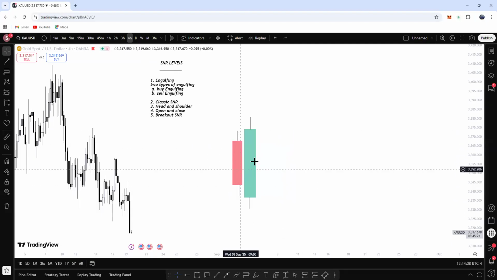So guys, this is an example of engulfing